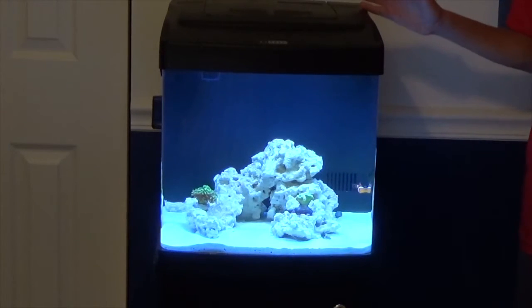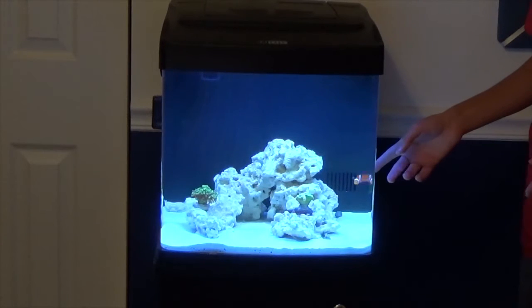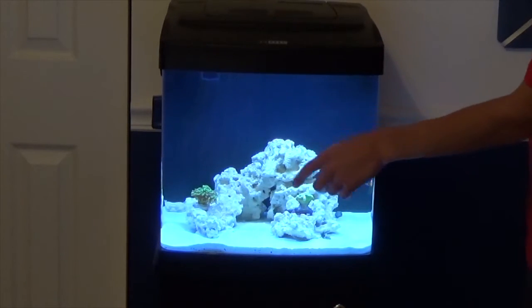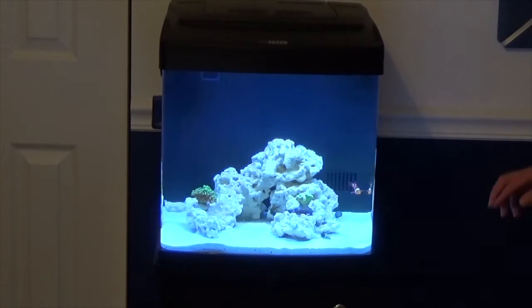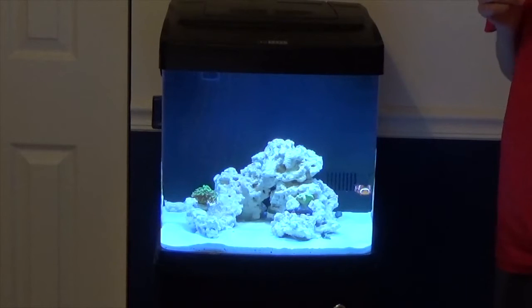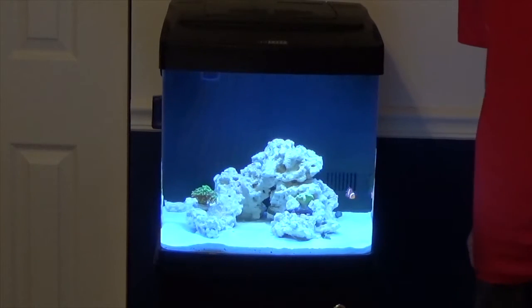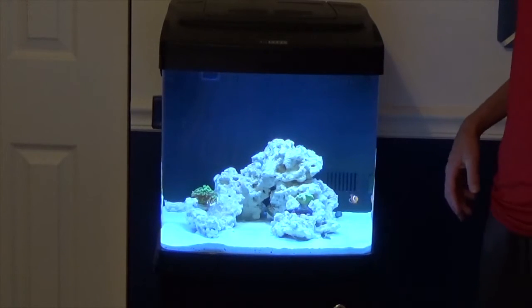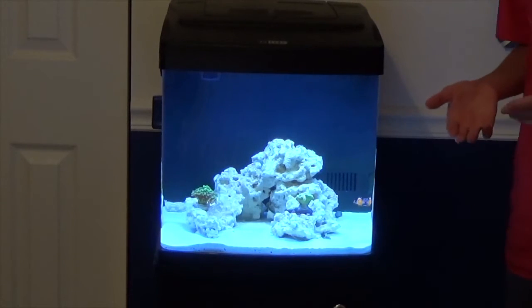Alright, so basically what I got new is I got 1 clownfish and 2 corals. I got a hammer coral and a candy cane coral that's not doing so well. I bought 2 clownfish, a pair of them. They liked each other. They were like best friends. They were friends in the tank where I bought them from, and they were all doing good the first couple